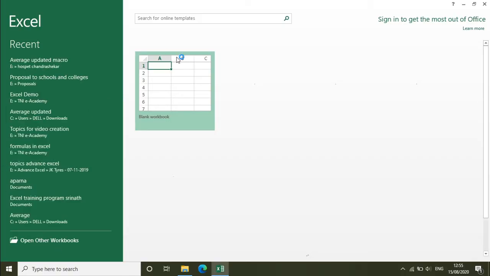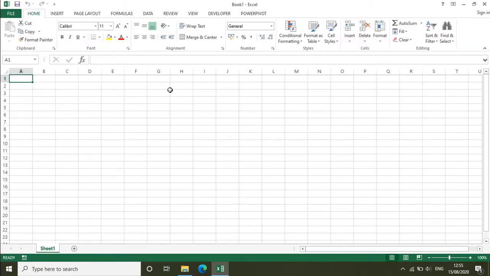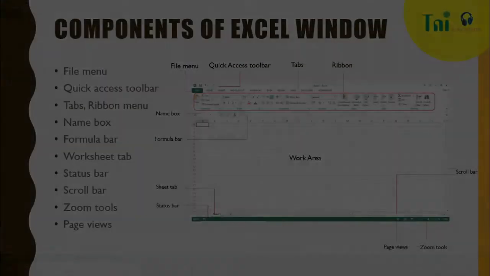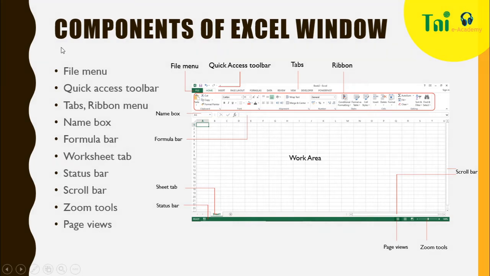So, here initially I am selecting the blank workbook. So, this is how your Excel window will look. First, let us see what are the components that are present in an Excel window. So, you can see the file menu, quick access toolbar, the tabs like insert, home, page layout, formula.